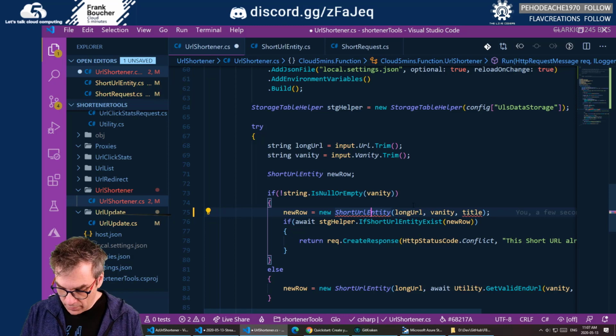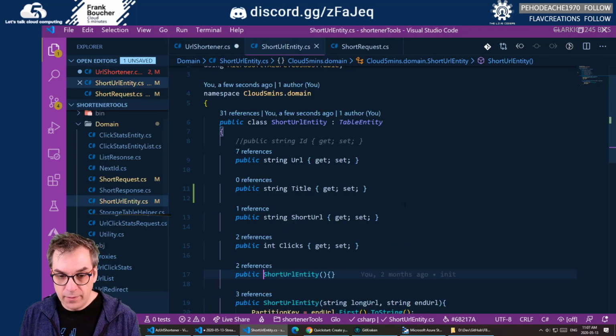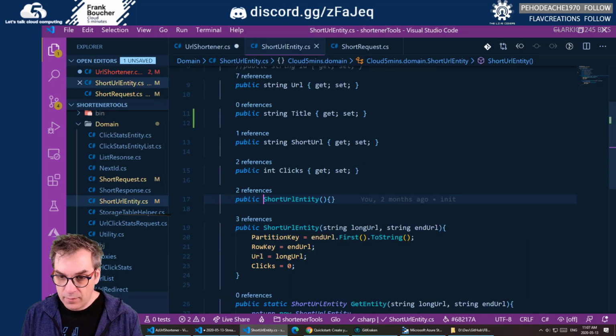So now let's go into the details here. String.